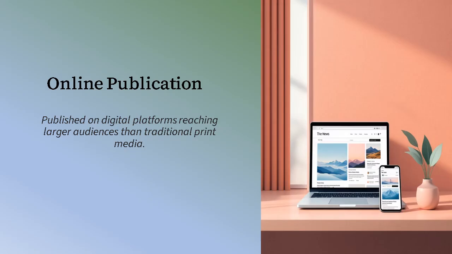This enables them to reach a larger audience than traditional print media. Being published on digital platforms gives the report the chance to reach larger audiences, compared with traditional print media.